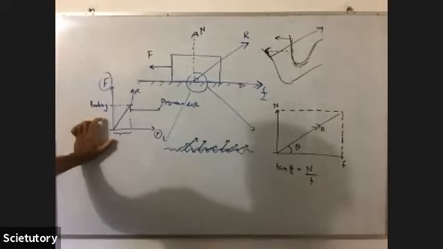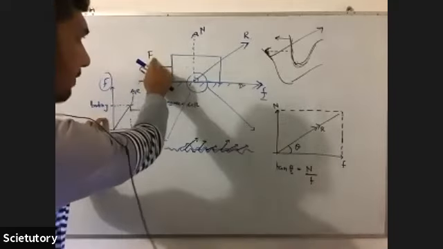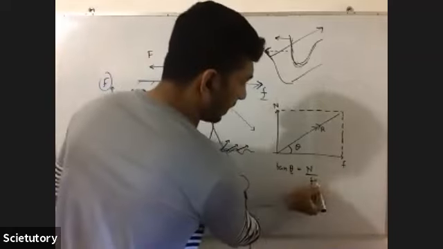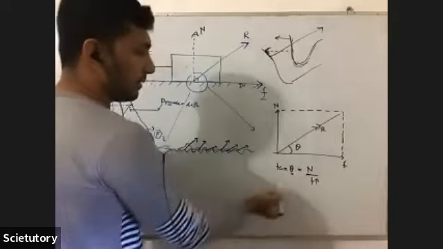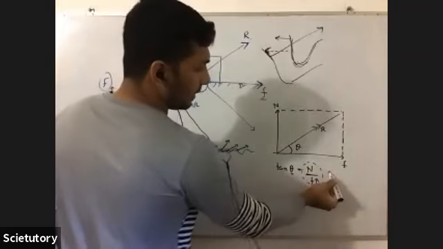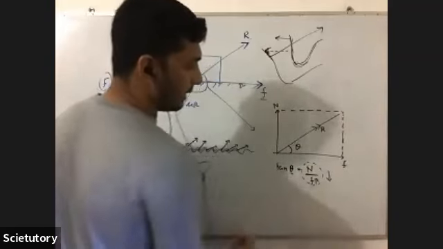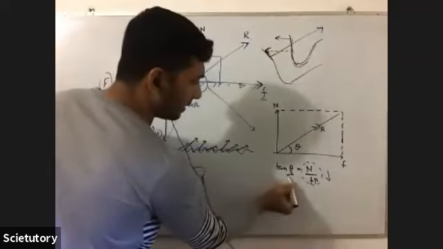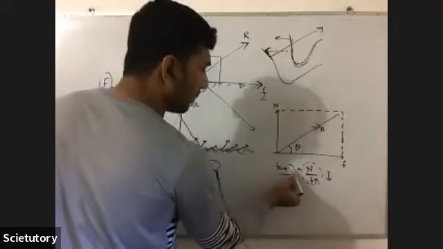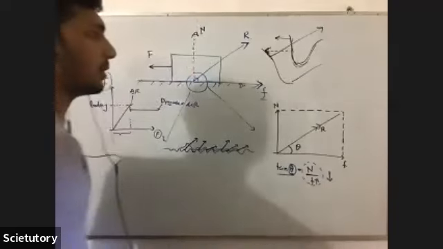So let's analyze what's going to happen if you increase the F. This F is going to increase. So if the F increases, what's going to happen? This ratio will decrease, no? Decrease. So now you can predict the variation of tan theta. So tan theta is going to decrease. So what will happen to theta? Because the question is about theta.